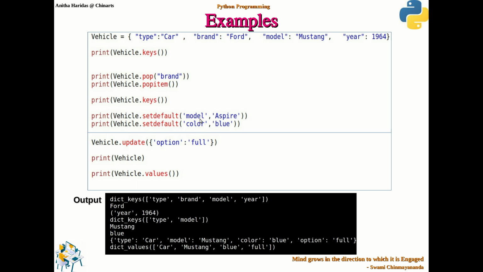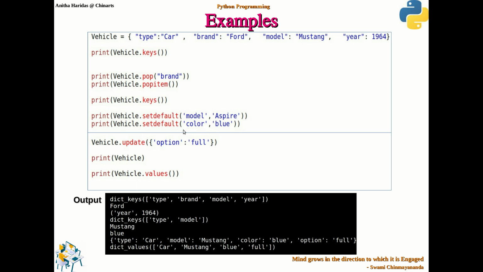It will search for the key model in the dictionary. If this key is already available, then the value will be returned. Actually, I have given the value as aspire, but since model is already available in the dictionary, it returned the value. Correct?